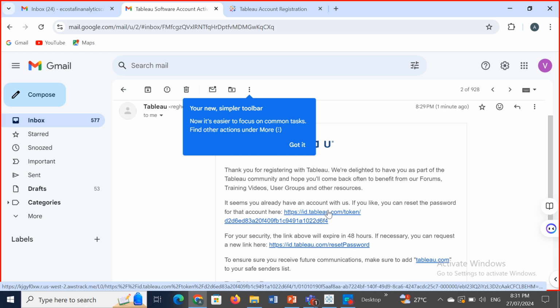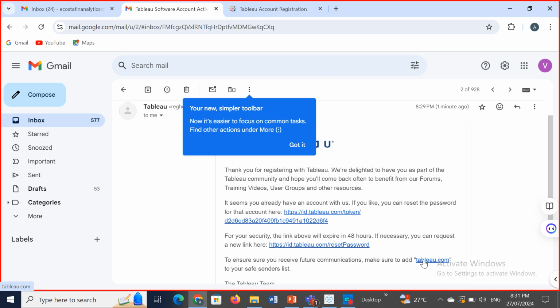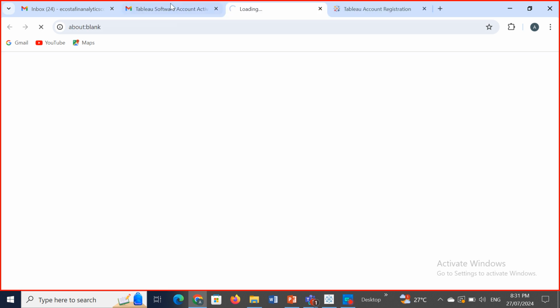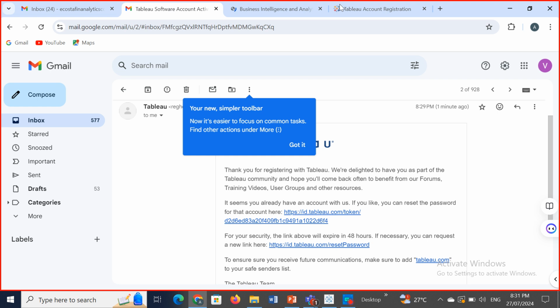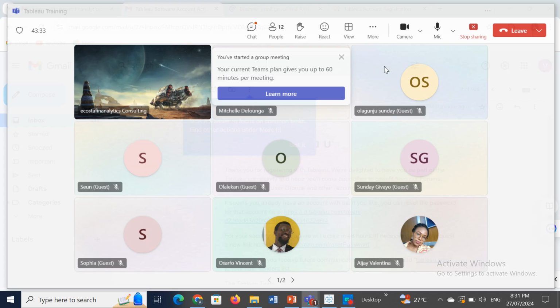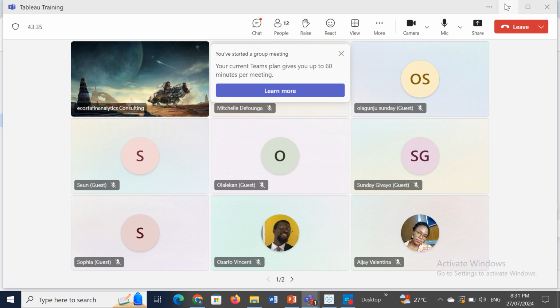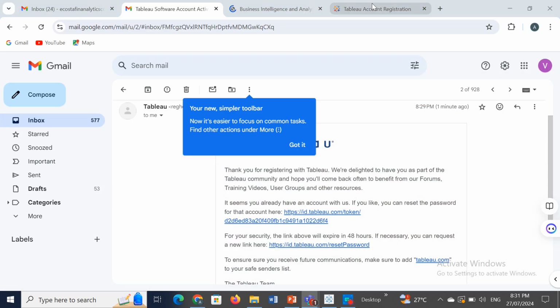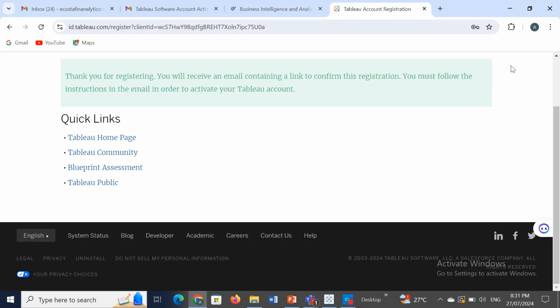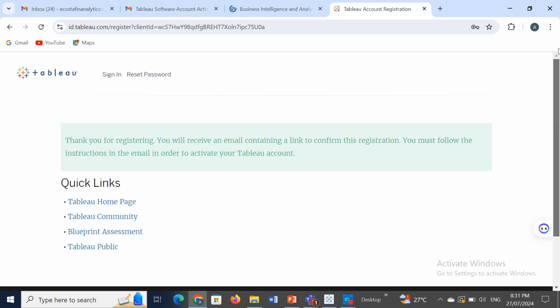You click on that link. Then when you click on that link, it will activate that. Once you activate it, it will take you back to the page. Once it takes you back to this page,